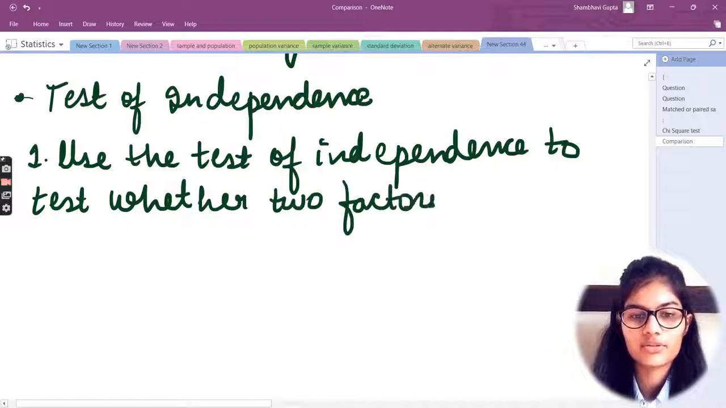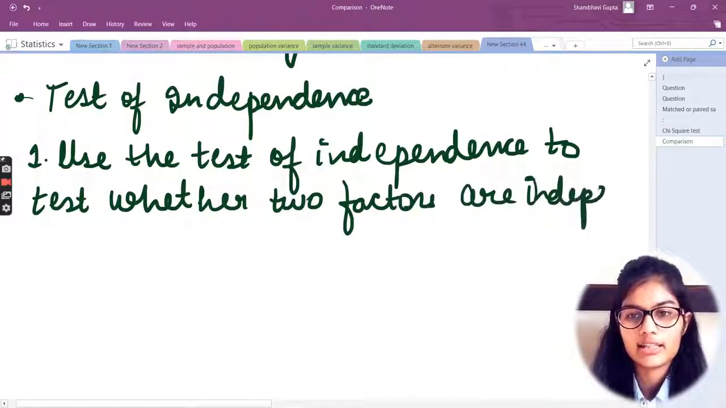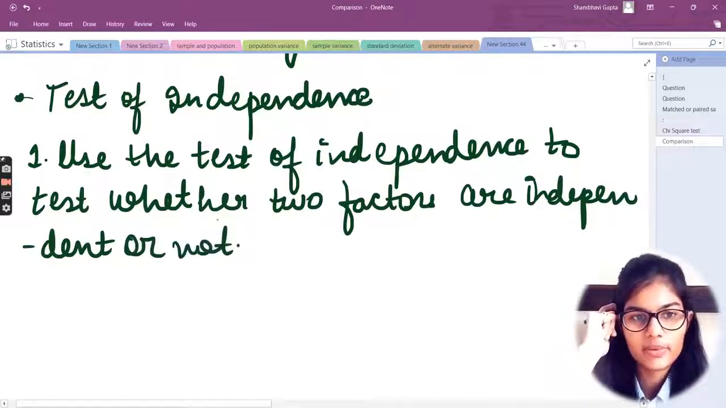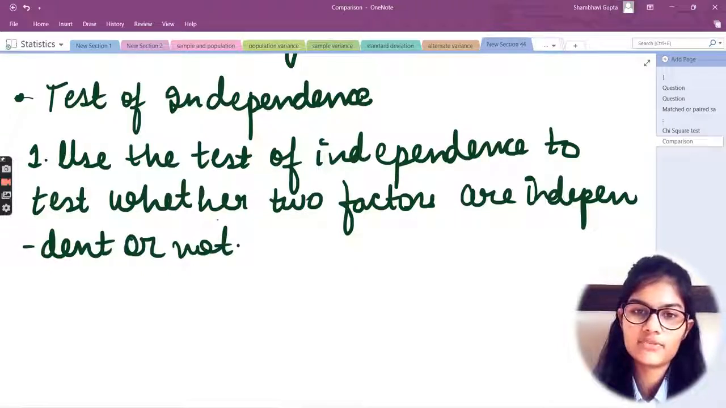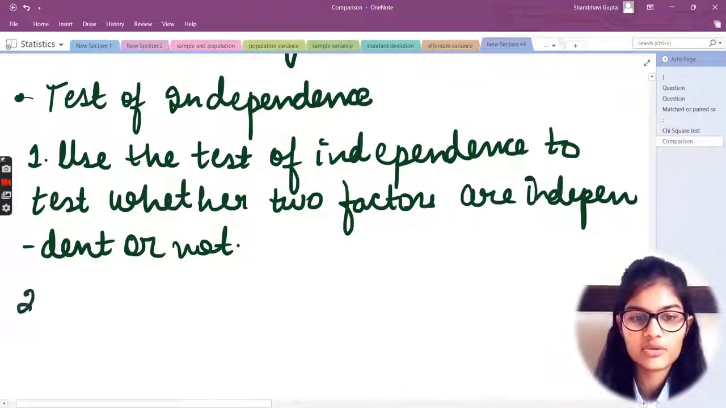To test whether two factors are independent or not, right? So first of all, the test of independence is used to test whether the two factors are independent or not. Now, next point which we are having,